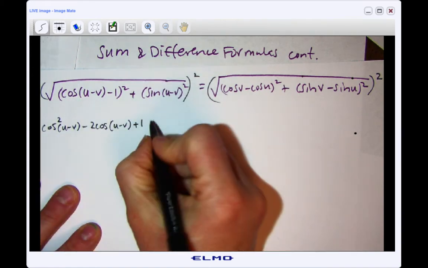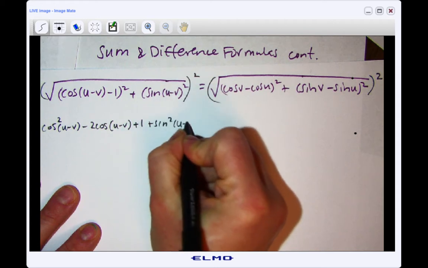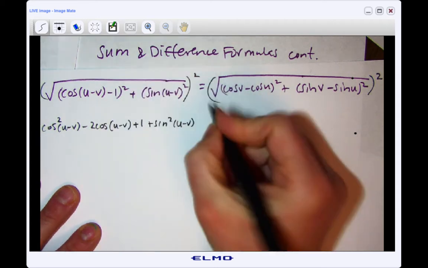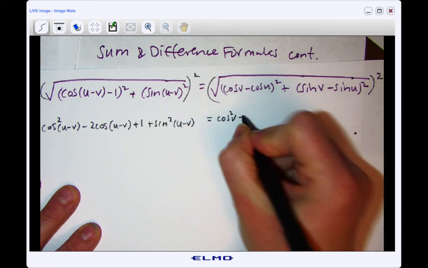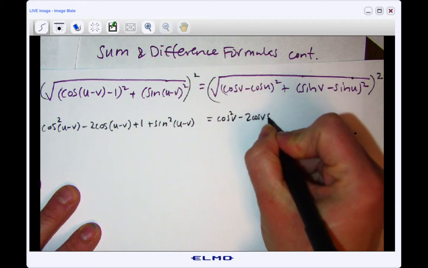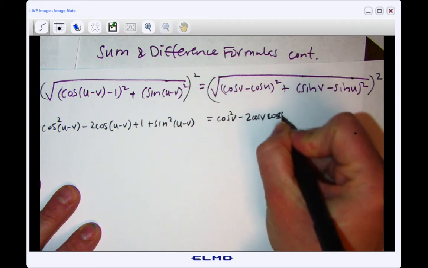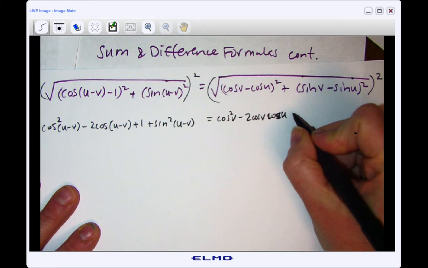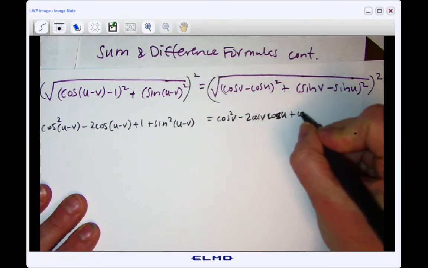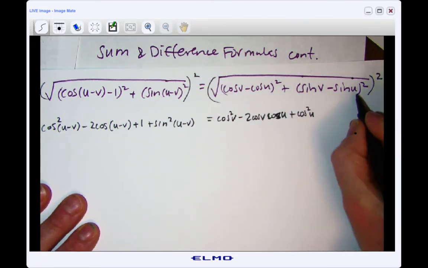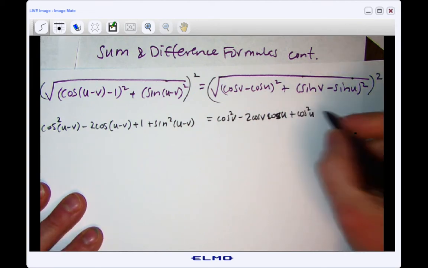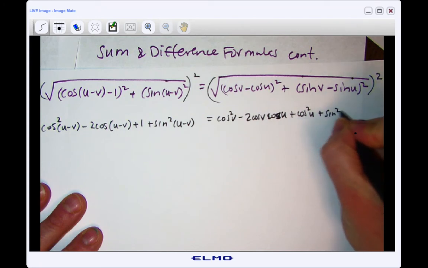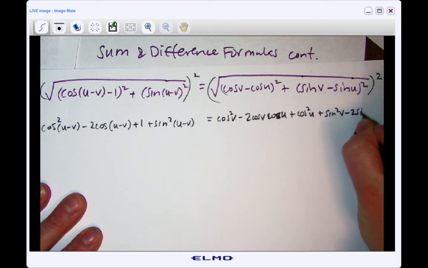This guy squared is easy. That's going to be sine squared u minus v. Over here, we're going to get cosine squared v minus 2 cosine v cosine u. Sorry. And then over here, we're going to have plus cosine squared u. This thing's going to be the same thing, but with sines instead of cosines, right? So it's going to be sine squared v minus 2 sine v sine u